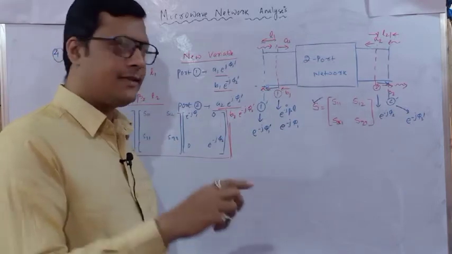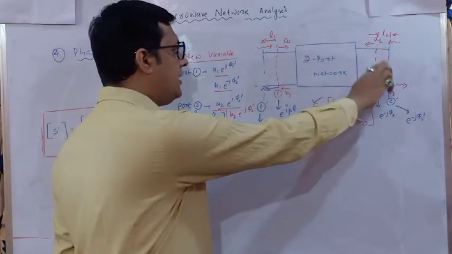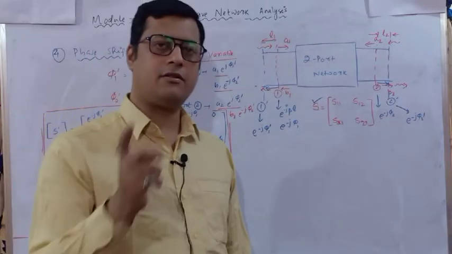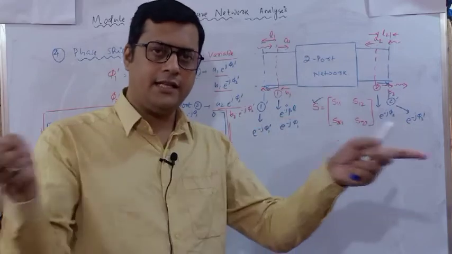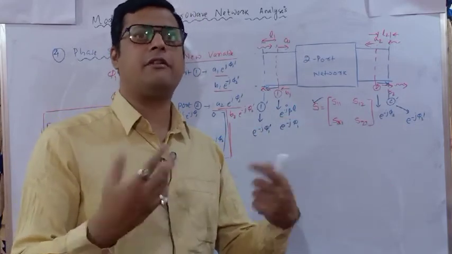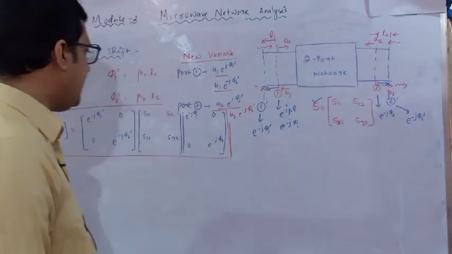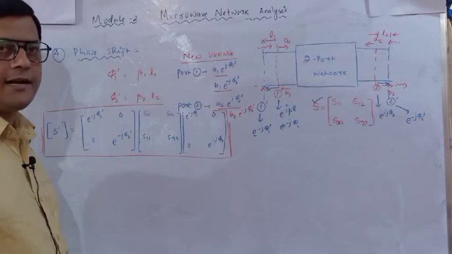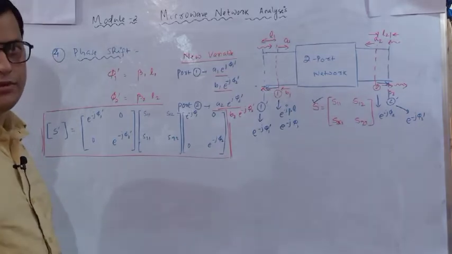Next, if port 1 remains constant and there is a variation in port 2, that means the scattering parameter is changed with respect to port 2. But if you are changing both positions at a time, then your total scattering parameter will change. Now let's see, here I have written this scattering parameter. S dash is the new scattering parameter after shifting the position.